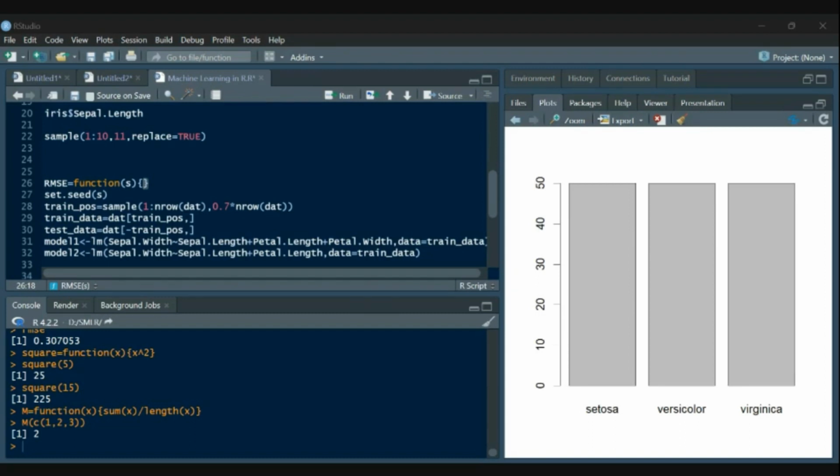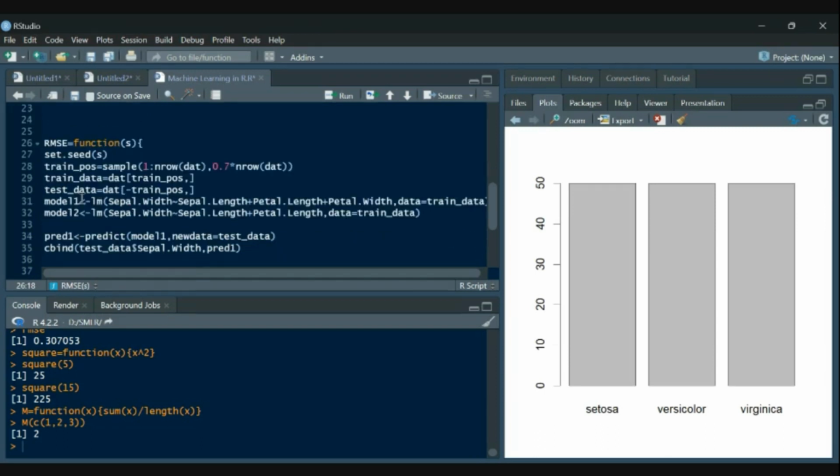Okay, fine. So now this RMSE function should take what? Set.seed, then train positions, train data, test data, model 1. Model 2 can be excluded from this particular function, but I'm keeping it intact here.